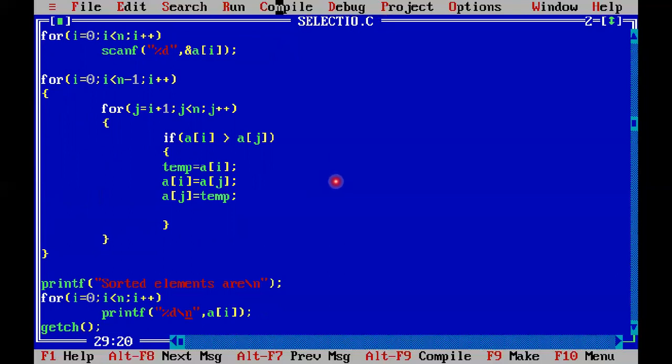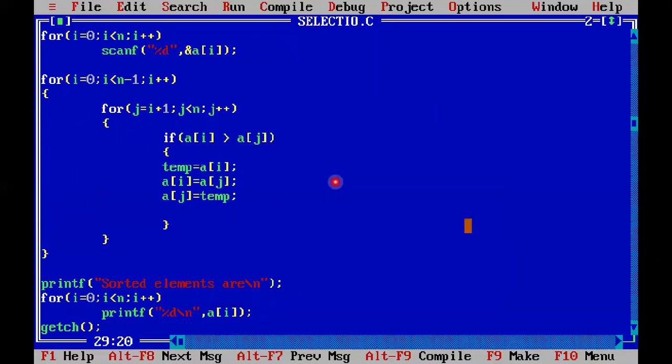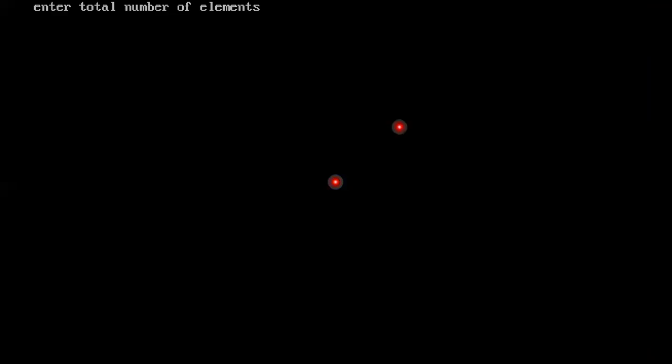Okay. Now compile this practical using Alt F9 and Control F9. Enter total number of elements, for example 5. Okay. Now enter array elements. For example, I enter 55, 44, 33, 22 and 1.